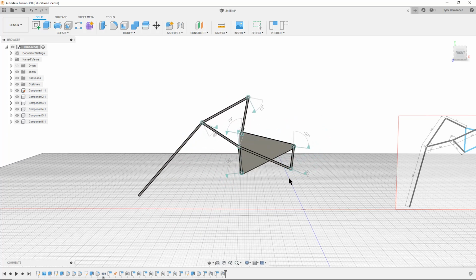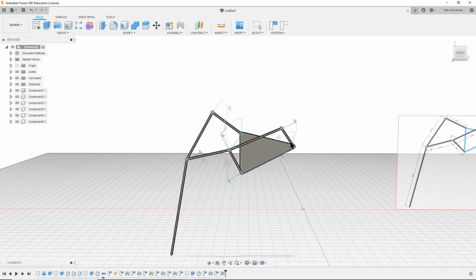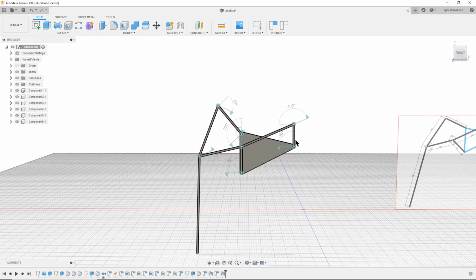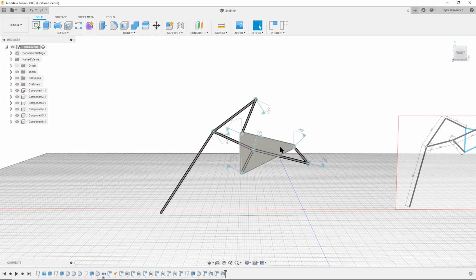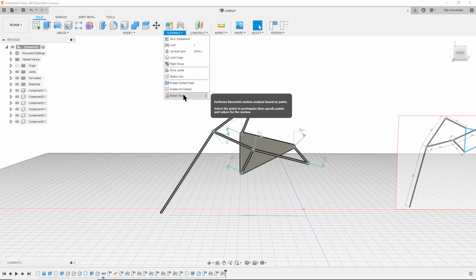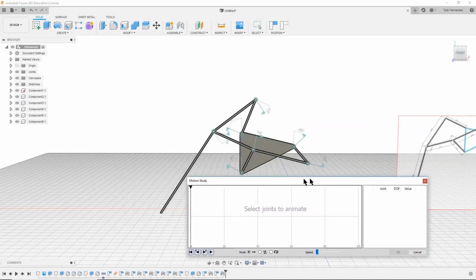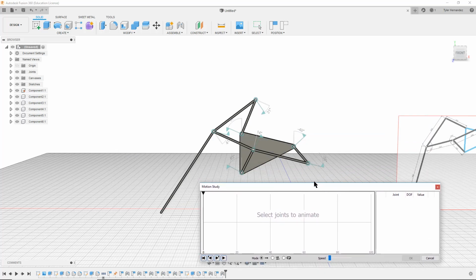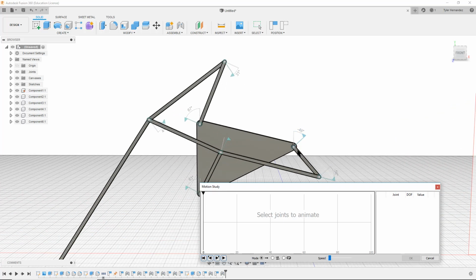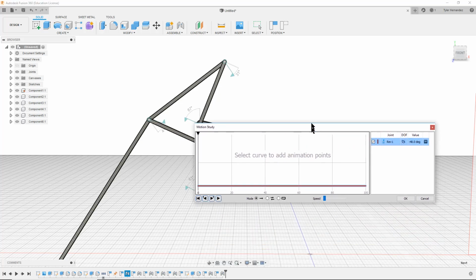One other fun little tool that I'd like to show you guys is we can actually automate this so it runs by itself. In order to do that, we want to add motion or create a motion study. So I'm going to go to Assemble, select Motion Study, and this window pops up, which I'll explain right now. We need to select a joint to animate, and I want to animate this joint. This is where our motor is going to be, which makes this bar here, or this arm, rotate. So since this is where our motor is going to be, I'm going to select this joint, and now it